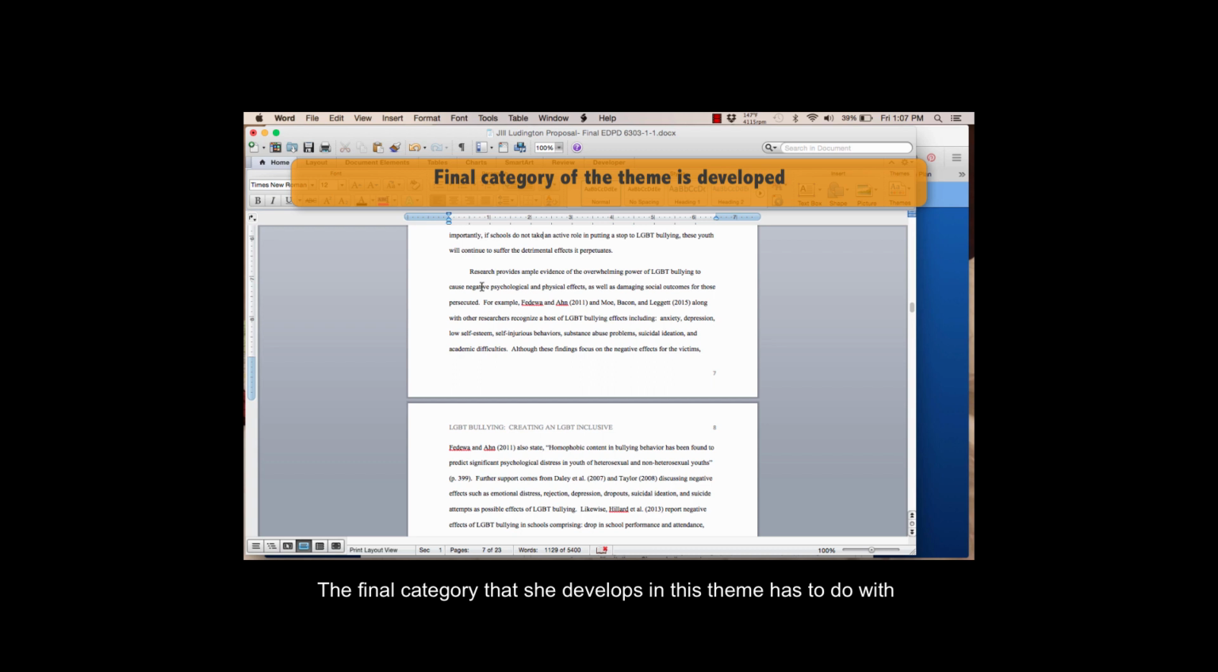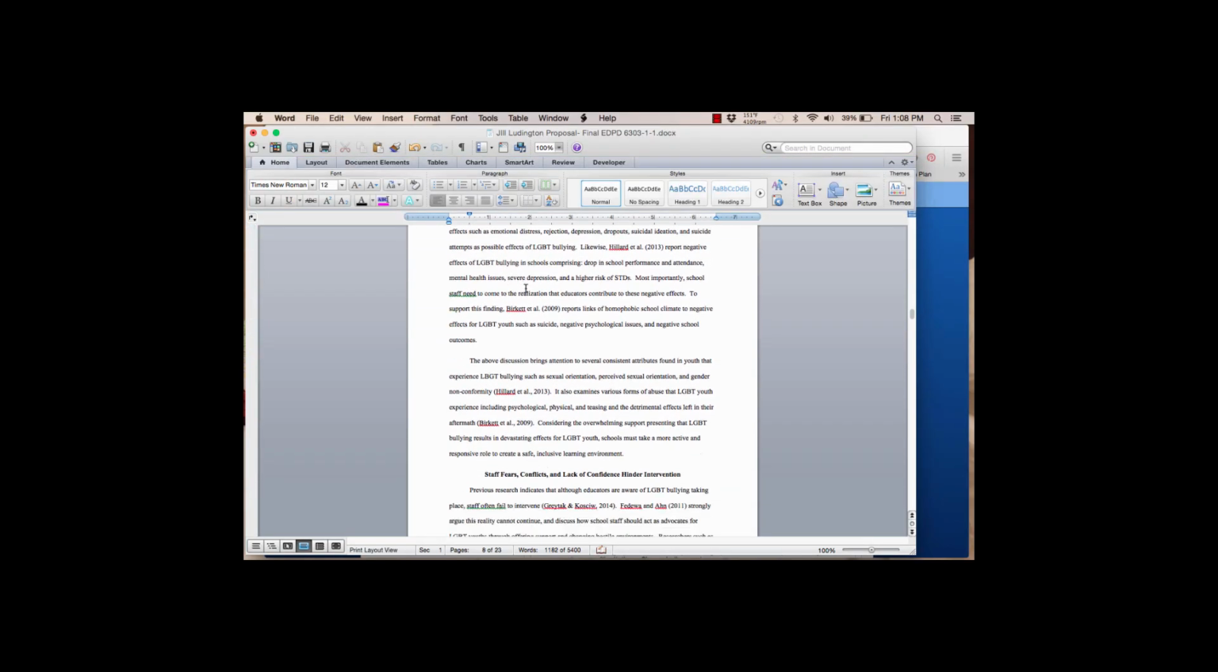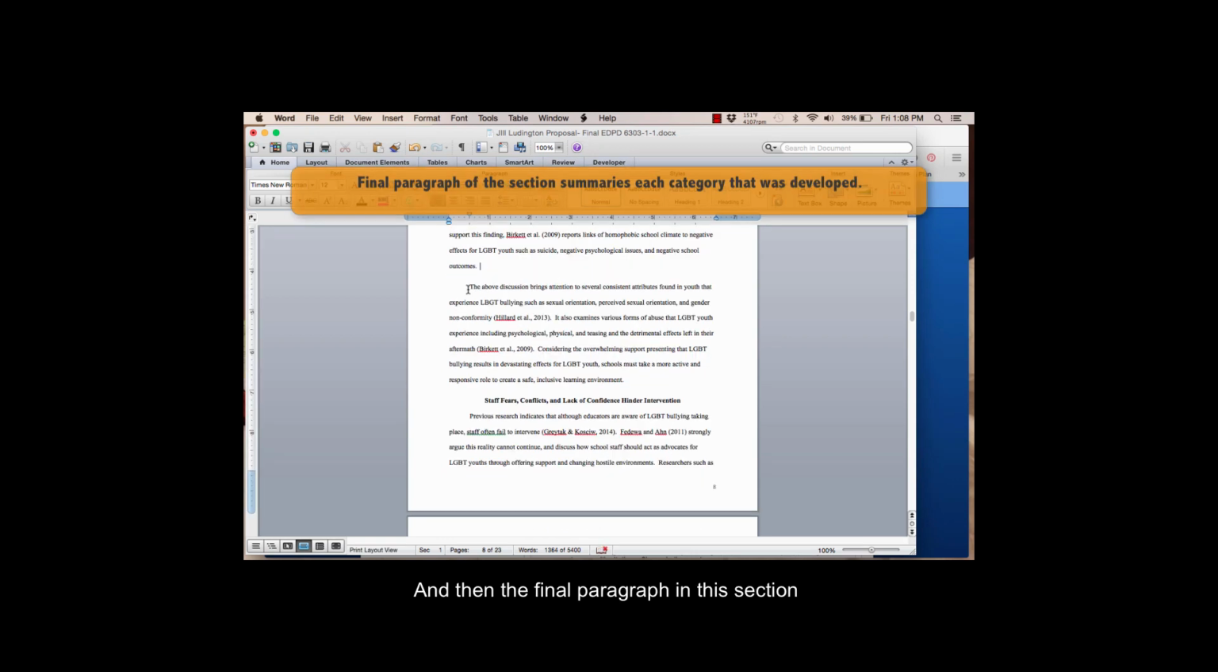The final category that she develops in this theme has to do with the psychological and physical effects. If you read through this paragraph, you'll see she develops that concept. And then the final paragraph in this section wraps up those three categories that she elaborated on. She says, "The above discussion brings attention to several consistent attributes found in youth that experience LGBT bullying, such as